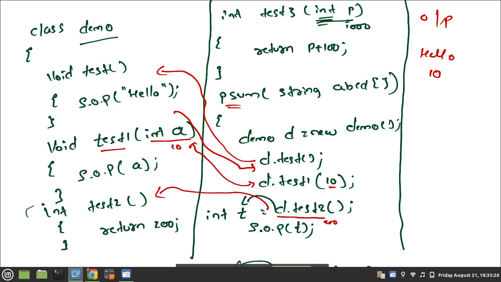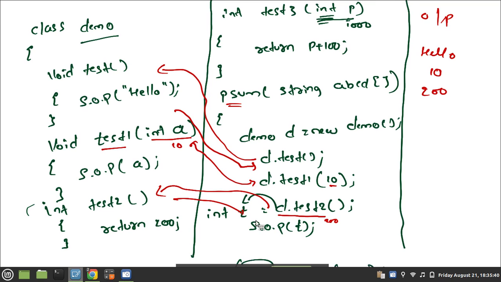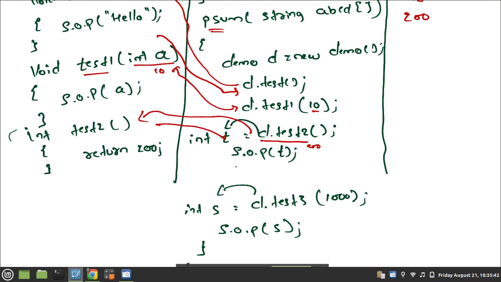This 200 will be copied into which variable? t. After completion of this statement, what is the next statement? SOP t. How much value is inside t? 200. So SOP t prints 200.